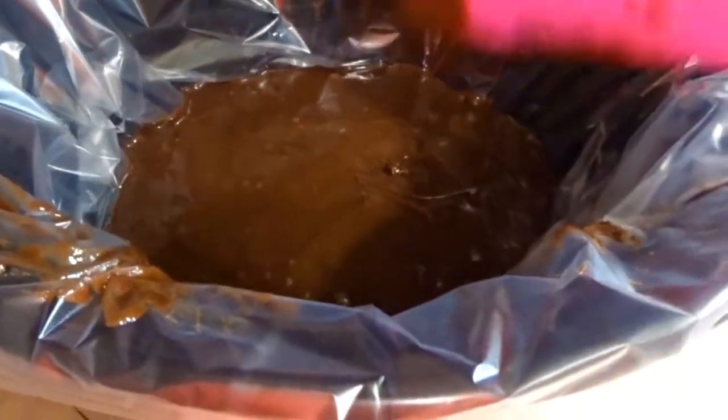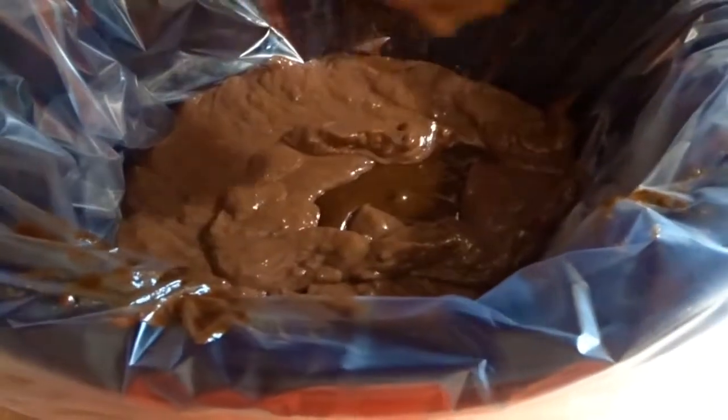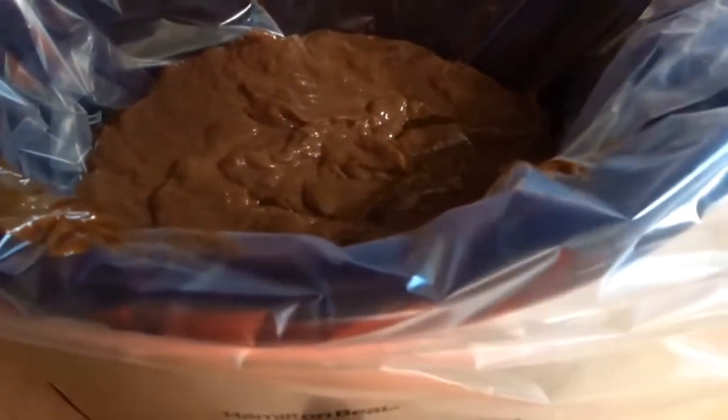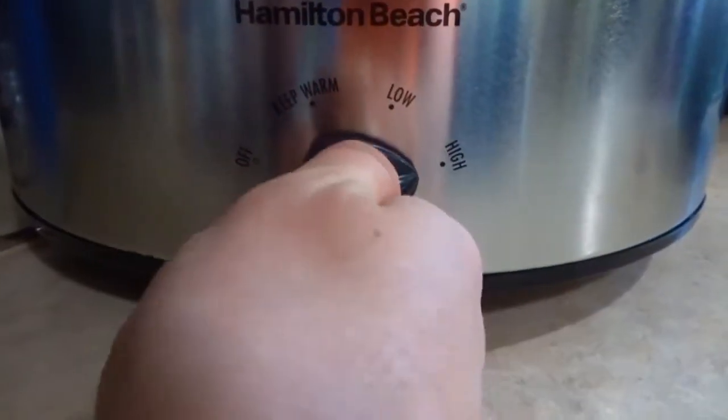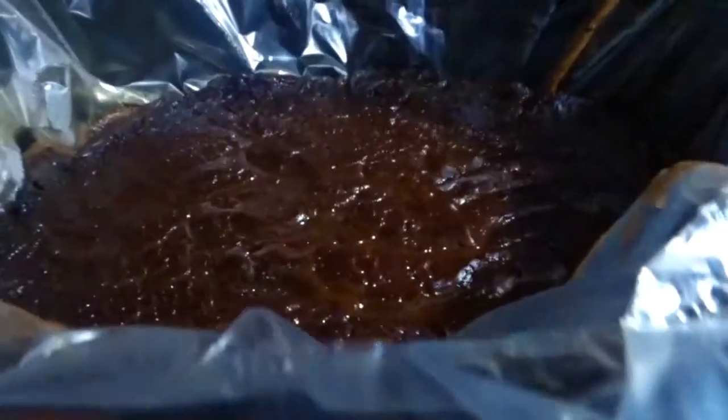The next thing you're going to do is throw your brownie mix into the crock pot per the instructions on the box. So whatever ingredients you would usually use with the brownie mix, throw it in there, and then also make up the instant pudding and throw that on top. That's literally it. That is all it takes, and it is amazing. We are going to cook this on high for 2 hours, and when it's done, it comes out almost like